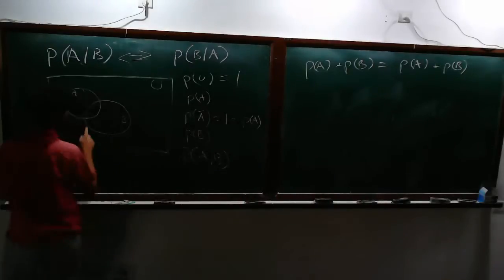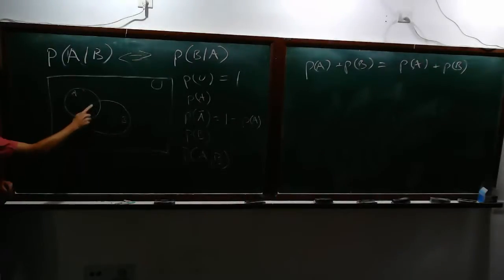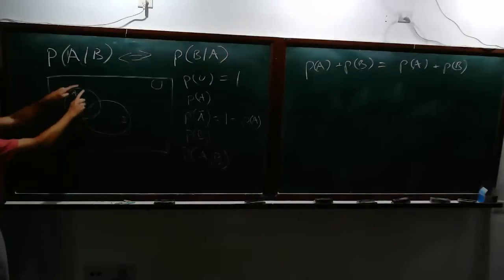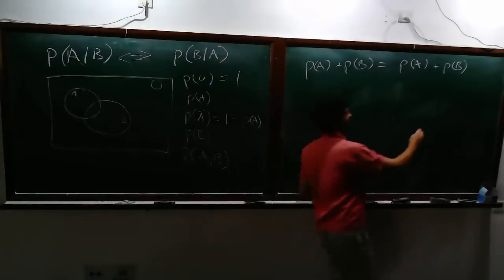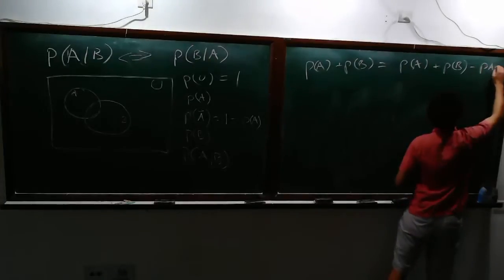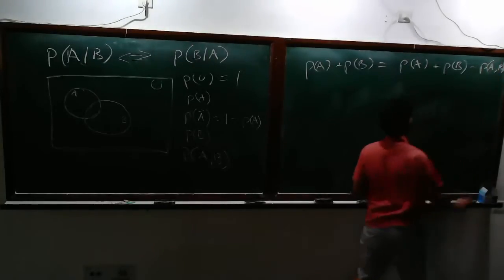Because there's this overlap, you've counted this place twice. You've counted it in the probability of A and in the probability of B. So you'd also just have to subtract this. Okay? So that would be,